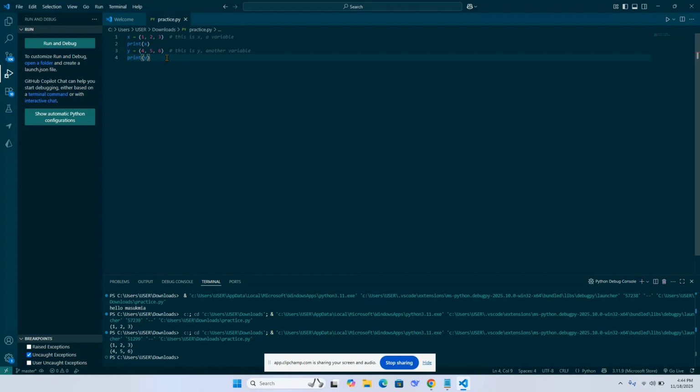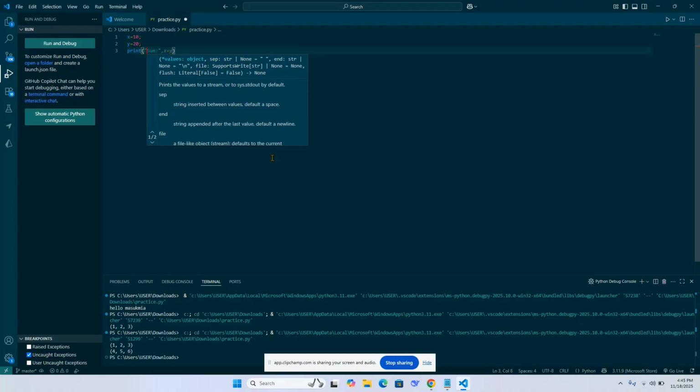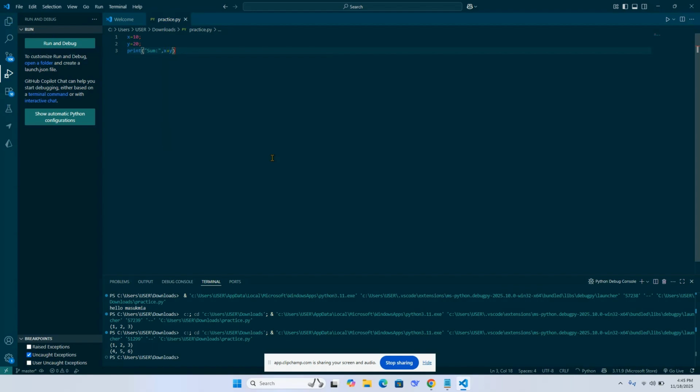If you want to do addition, like x equals 10, then y equals 20, then print sum here. Okay, then use the comma, then you only print this one. Which variable type, then print it.